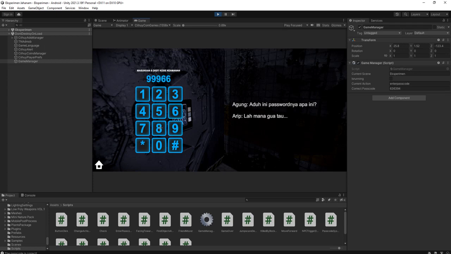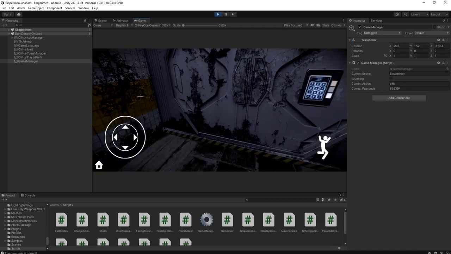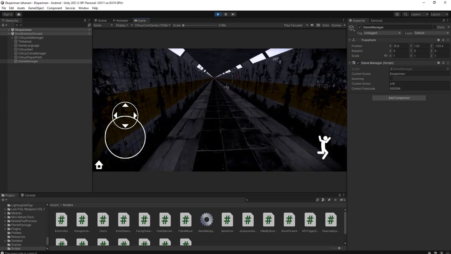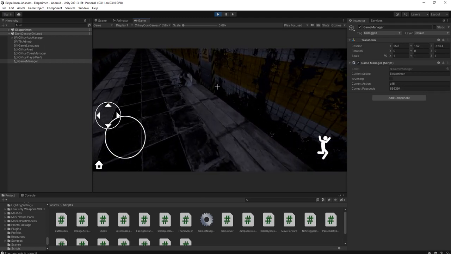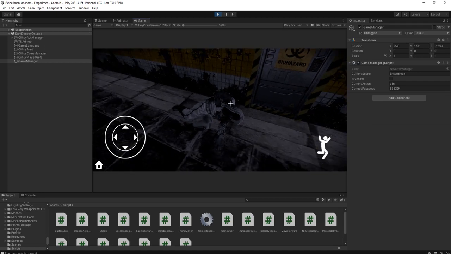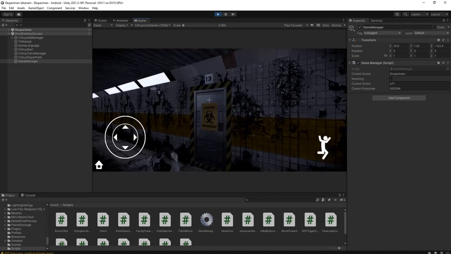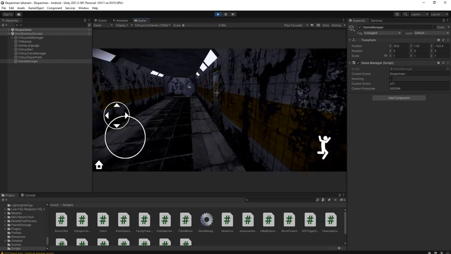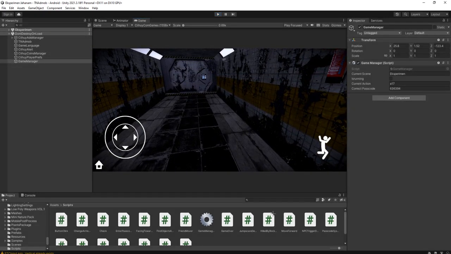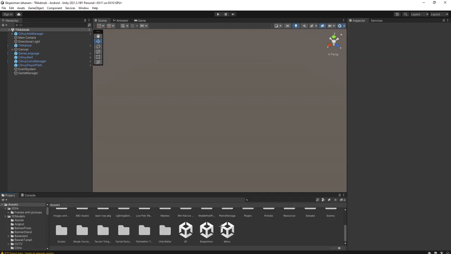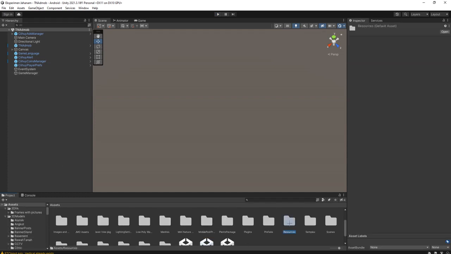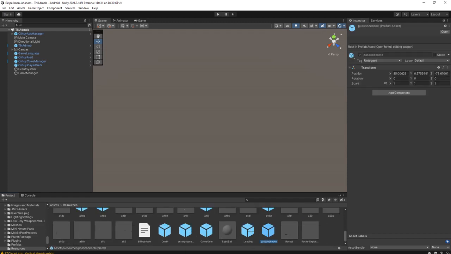And the next thing that I'm going to do is to place this passcode number here in the note, that the player will find here on the dead body. Here I will put the correct passcode here, and the player will read and memorize the passcode, and then the player should go there to the locked door. So I will edit my prefab with that piece of paper. It is here,